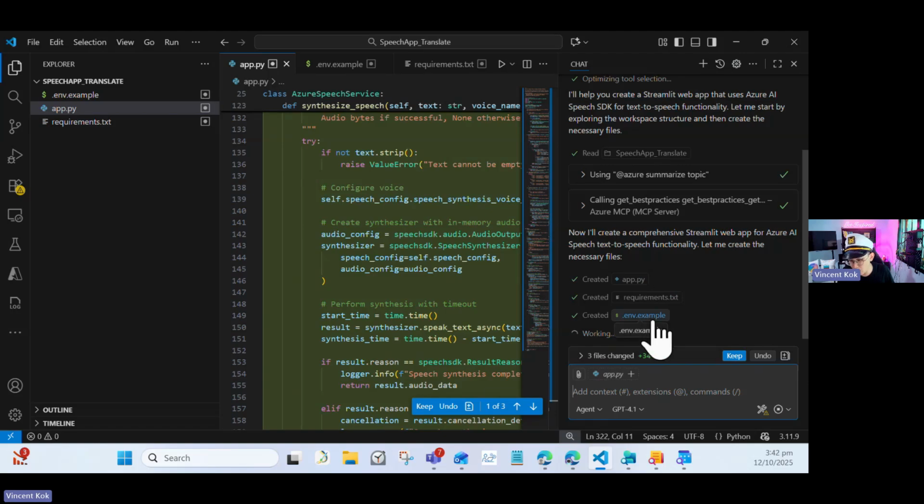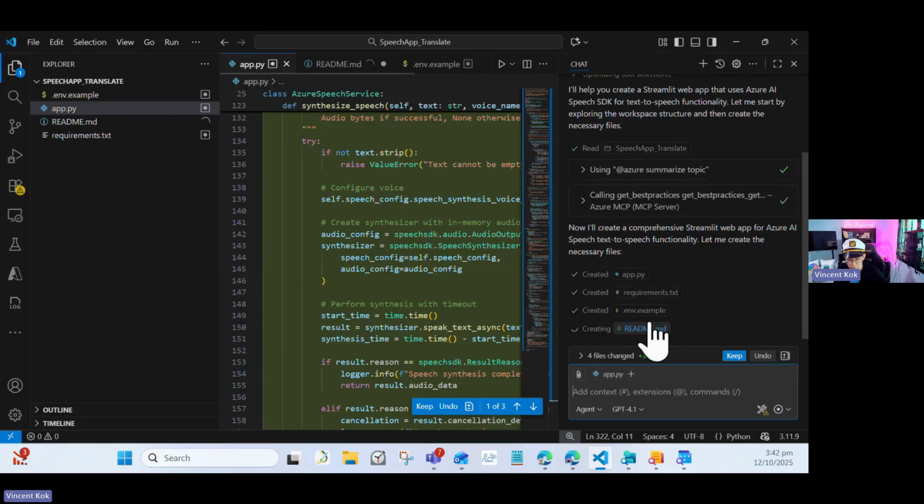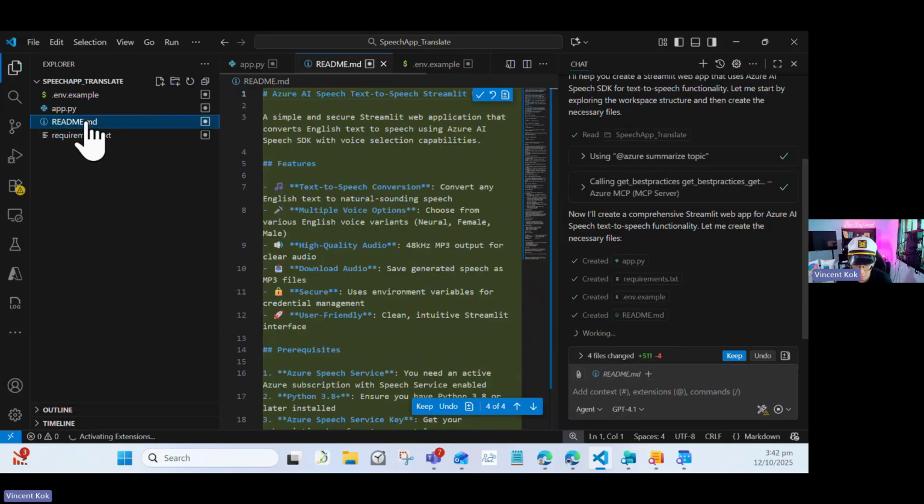They also created the .env.example file. This is where you need to put your credential later on. And they even created a README file for you, right? So what is this project all about? And it means that you are ready to publish this to GitHub as a project in just a matter